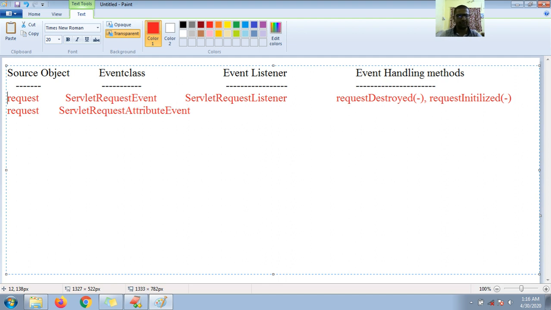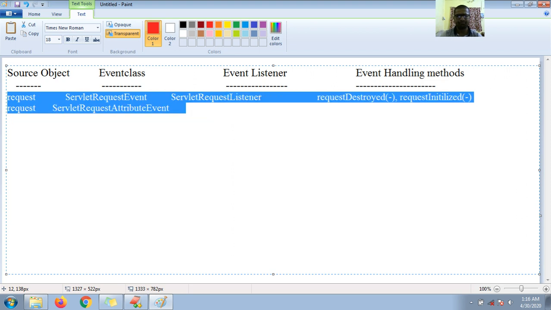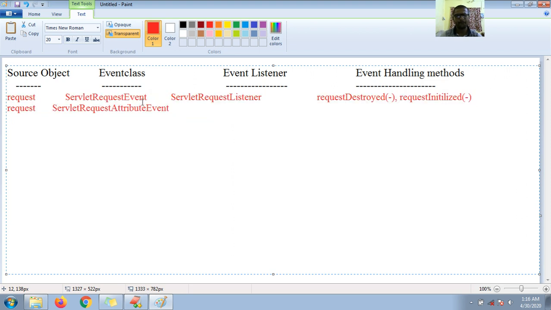Actually I need to minimize the size. Then the event listener, then ServletRequestAttributeListener.